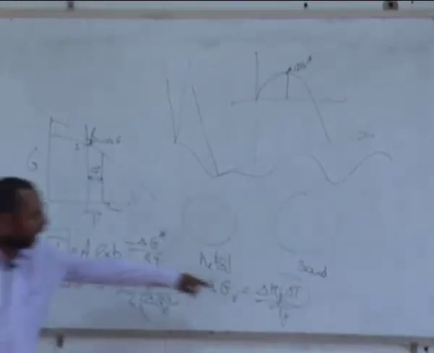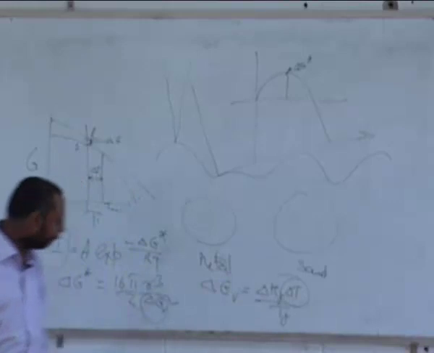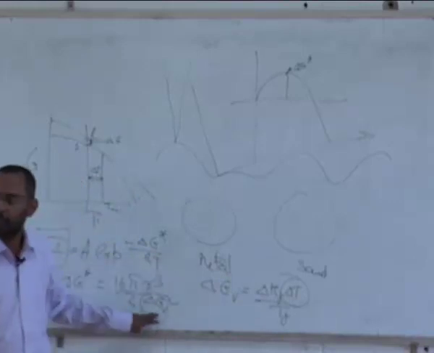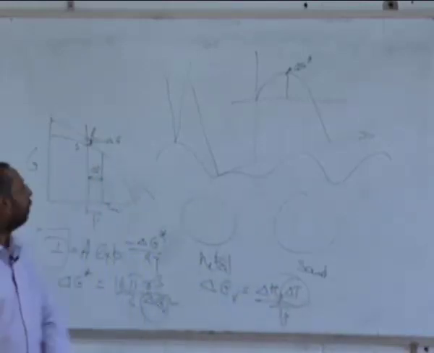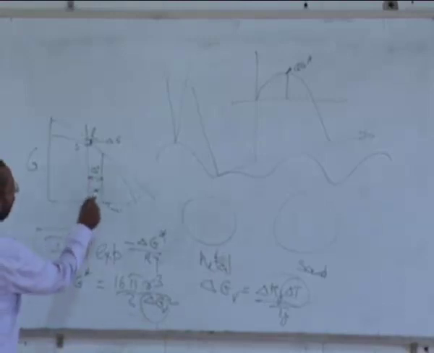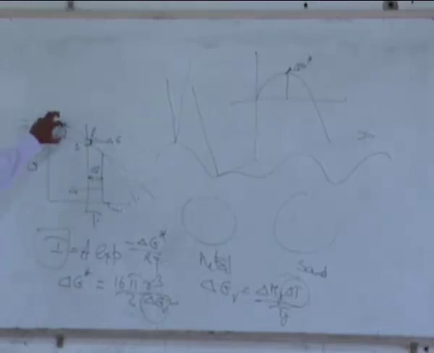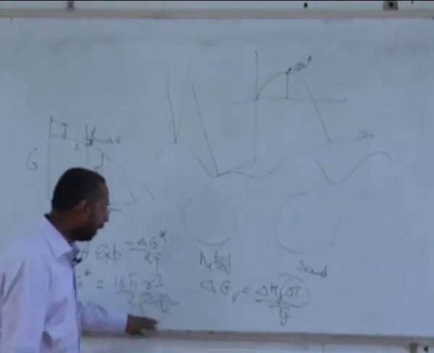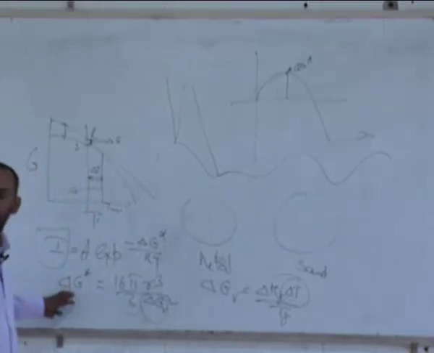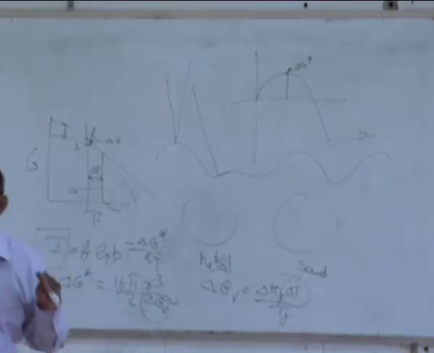So the larger the driving force, the higher the nucleation. How the higher driving force? As I increase the delta T, the driving force is increasing. Driving force is the difference between these two. The difference between these two keeps on increasing as you decrease the temperature or increase the undercooling, and that basically increases the driving force. That causes a decrease in the delta G star, and if the delta G star decreases, I increases.